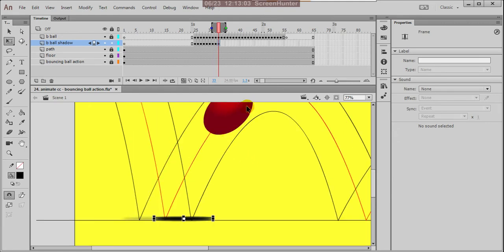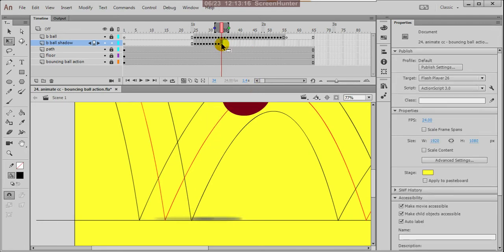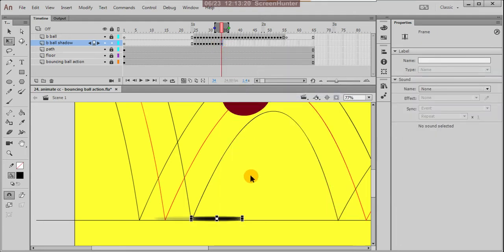Okay, and according to ball position, suppose the ball is there, your shadow also must be there, so you can move accordingly. Okay, yes, then again insert keyframe means the same keyframe you're extending.